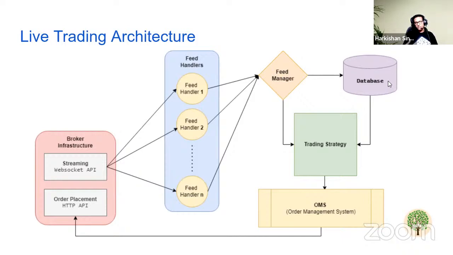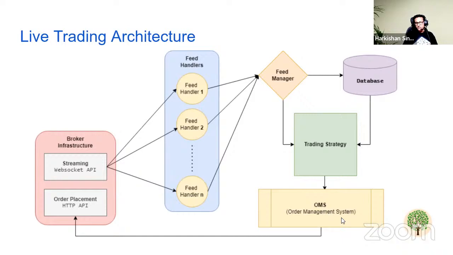Whatever is stored in the database can be used as historical data for backtesting by the trading strategy. And moreover, the live data is also fed into the trading strategies. So the trading strategy uses that live data to calculate the signals, and whatever signals are generated are sent to something